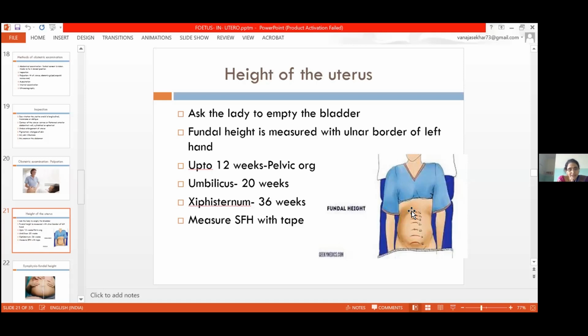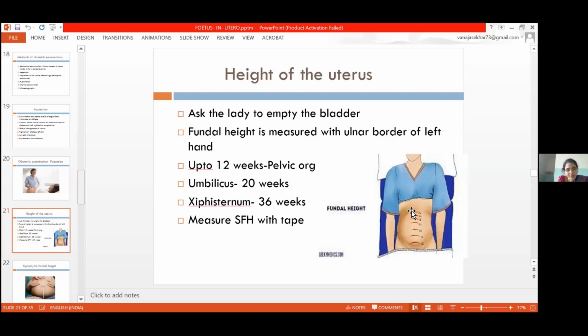And from there, again, there will be a decrease in the uterine size. So 40 weeks corresponds to 32 weeks of gestation. So how will you differentiate between a 32-weeker and a 40-weeker? First, you have to go by the words of the patient. You have to calculate from the LMP.